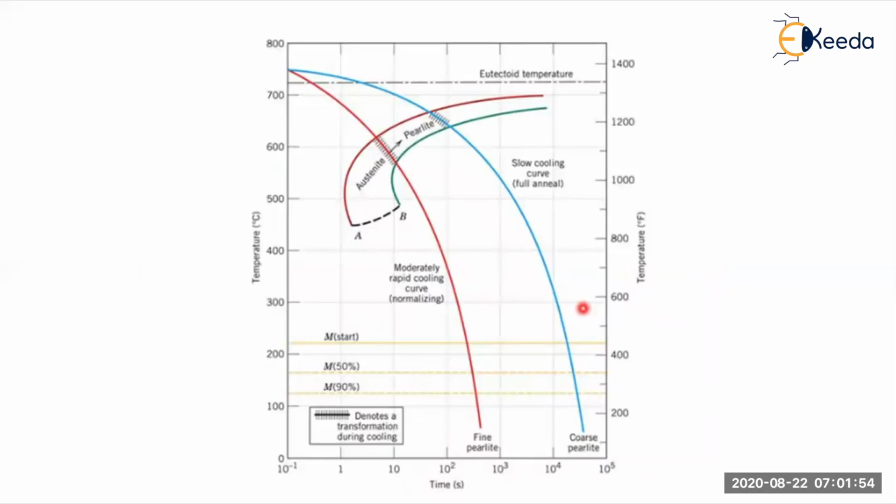So this is another representation of the same figure. Here the austenite is transformed. Whenever transformation happens, that is due to the austenite only. Transformation is not going to happen if the austenite is not reached. That means the heat treatment temperature is very, very important to draw the CCT diagram.